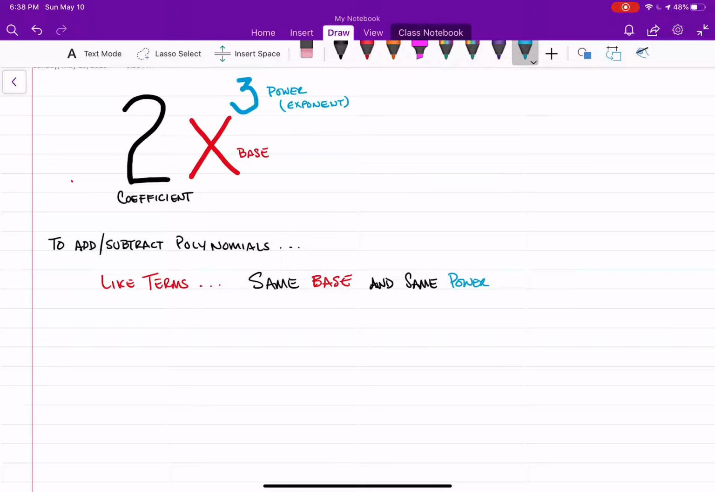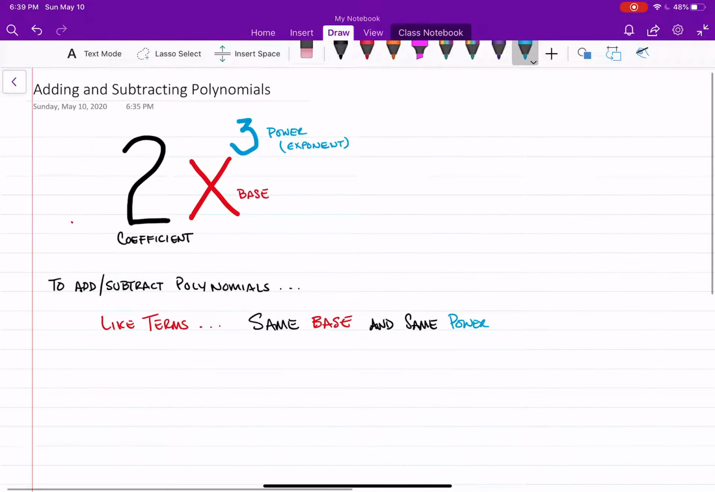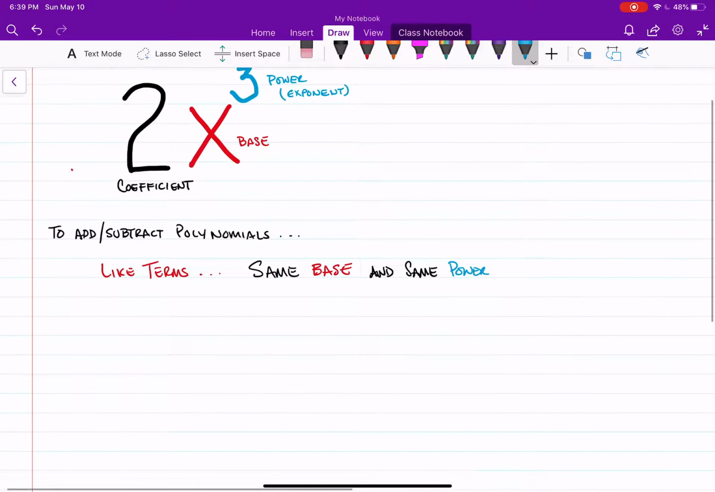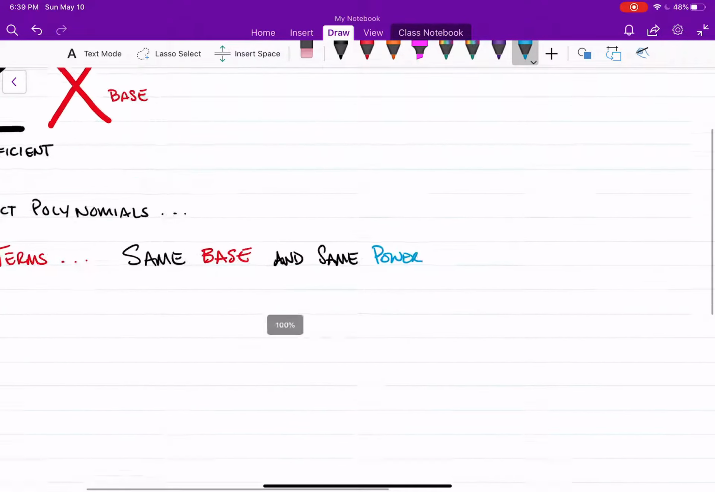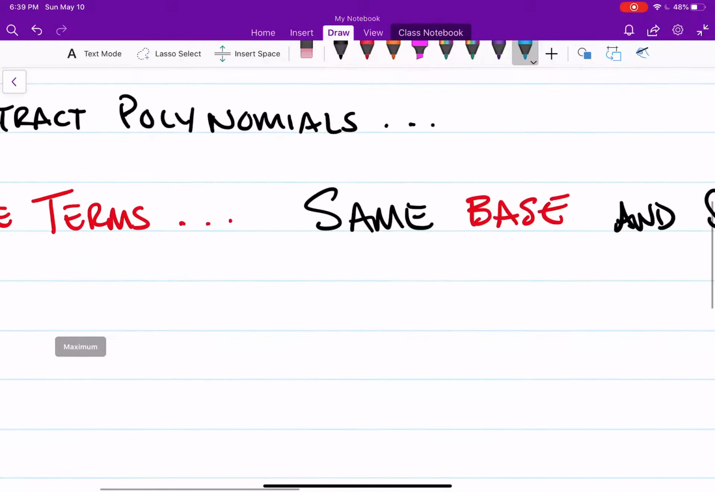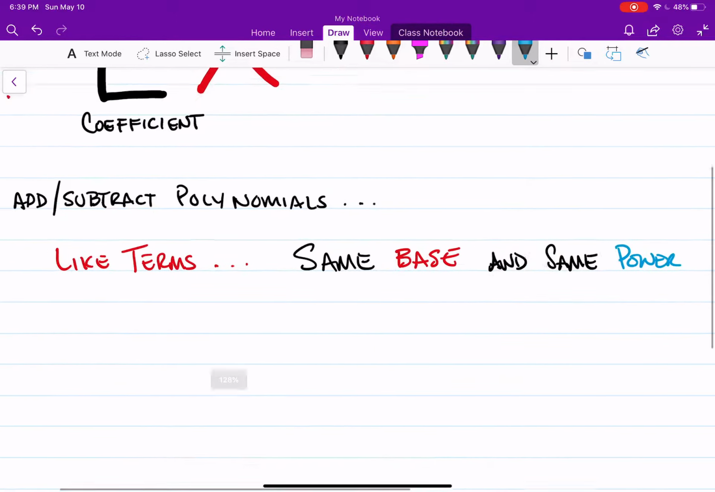But if you do, then you can. And that's all it really is with adding and subtracting polynomials. That's where the biggest mistakes are made, is because they don't remember same base, same power for like terms. Okay, so,